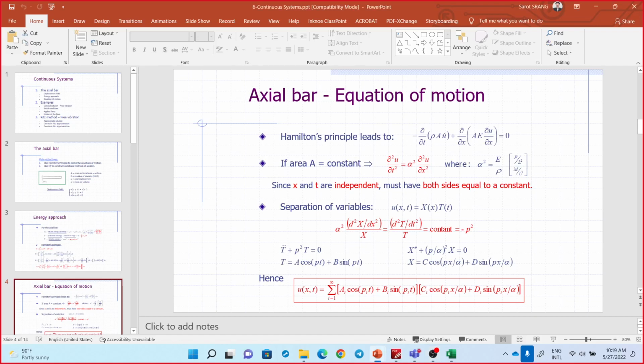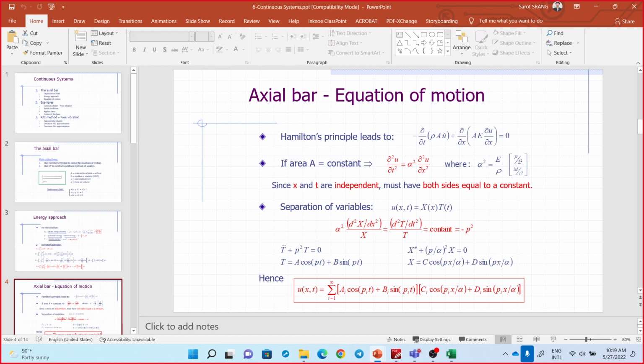Okay, so let's continue our lecture on vibration for the axial bar equation of motion. Today I will cover only several parts of this lecture. I won't go very deeply, all the way to very complex methods, because during this semester vibration should be just an introduction, and we should not go too deeply. Okay,